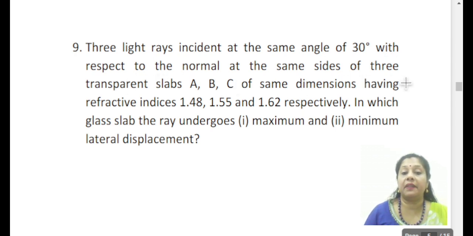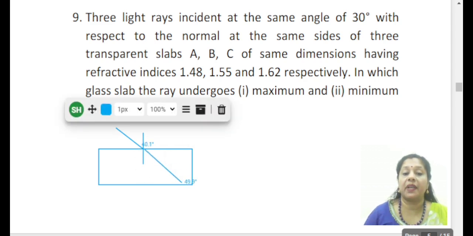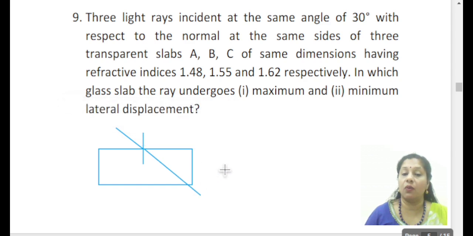Three light rays incident at the same angle of 30 degree with respect to the normal at the same side of three transparent glass slabs A, B, C of same dimensions having refractive indices 1.48, 1.55 and 1.62 respectively. In which glass slab does the ray undergo maximum and minimum lateral displacement? We know that if an incident ray is falling here, making an angle with the normal, it is supposed to go straight if there was no glass slab,